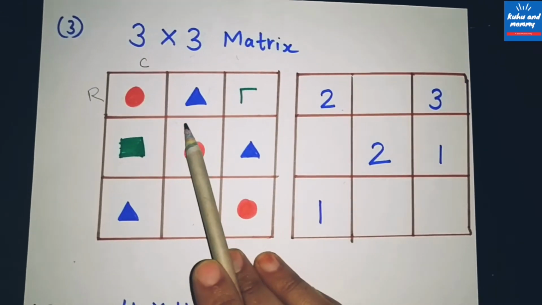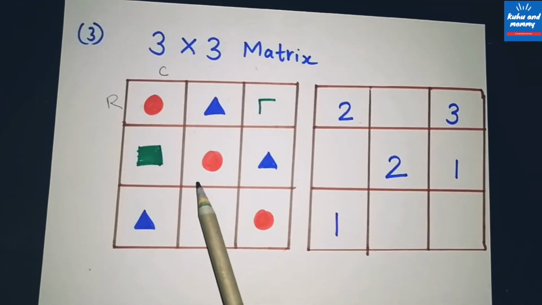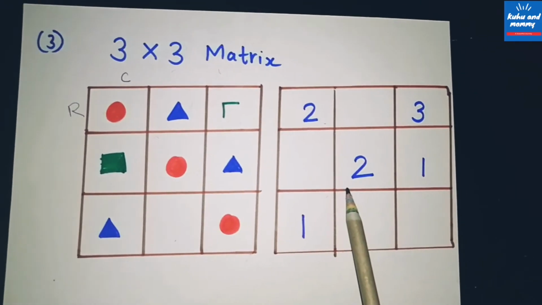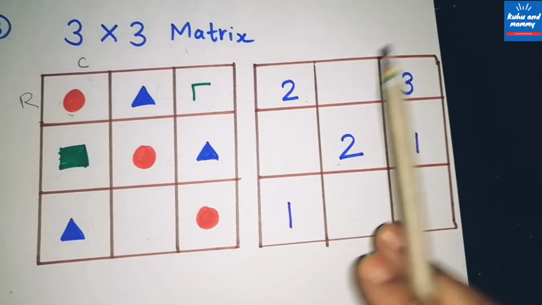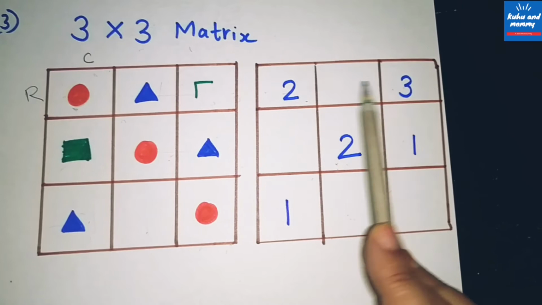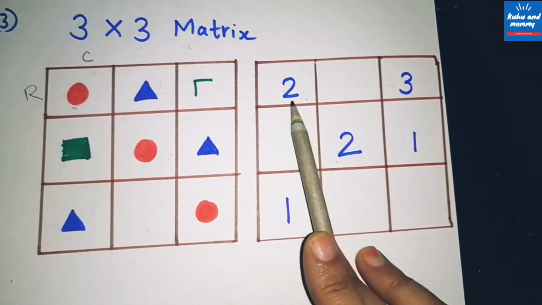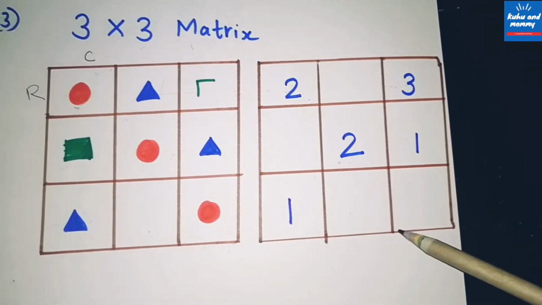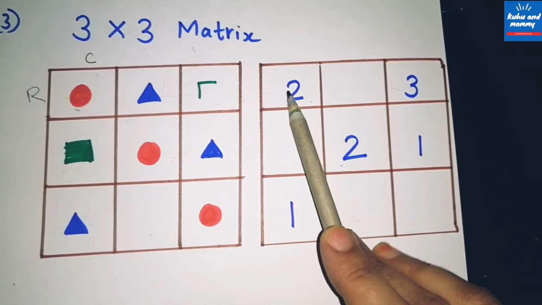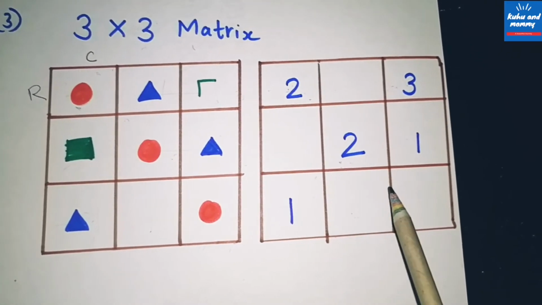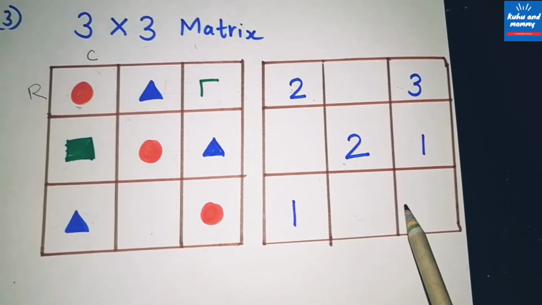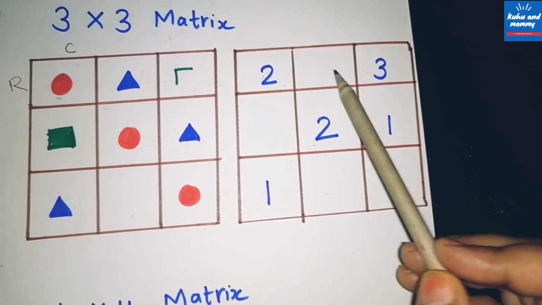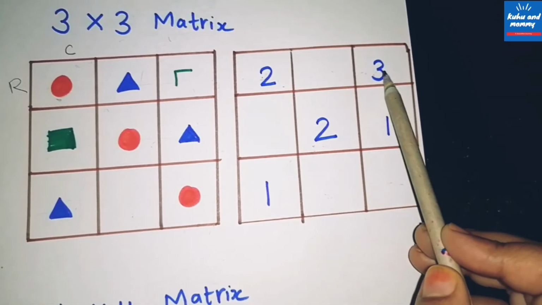With colors or stickers they would be interested in the activity, and after that they develop an interest in Sudoku. Then you can switch to numbers. What they have to see is that each row contains the numbers only once. No number is repeated in a row and no number is repeated in a column as well. They have to start with the row or column which has the minimum numbers missing. This row has 2 numbers missing, but this row has only 1 number missing. So they can start with this row.